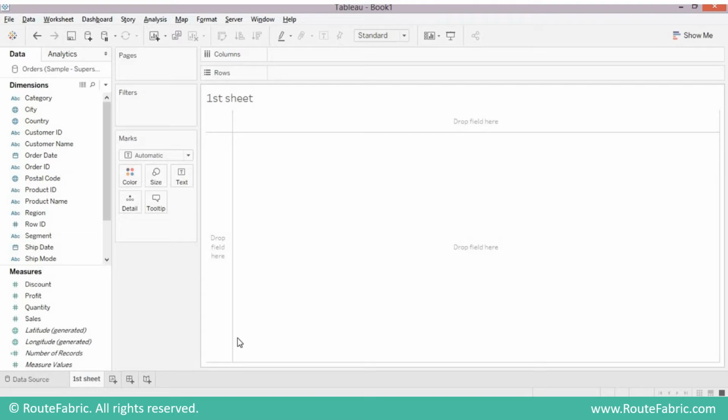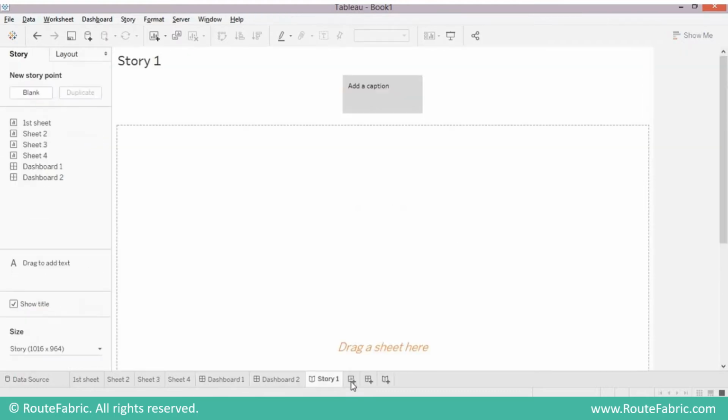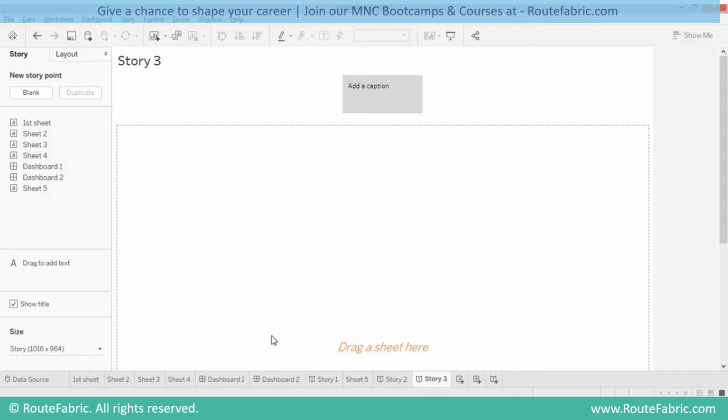When you have a lot of tabs, this area could get very messy. For example, you have 3-4 sheets, 2 dashboards, 3 stories, right? This area gets very messy. So what I would suggest is name your tabs very properly and use colors to group them. Suppose I have a couple of worksheets here and dashboards.